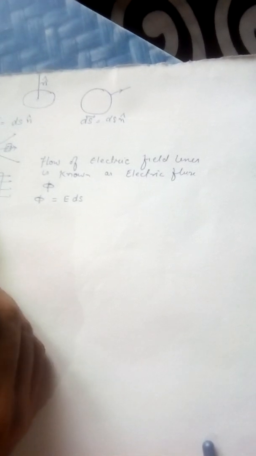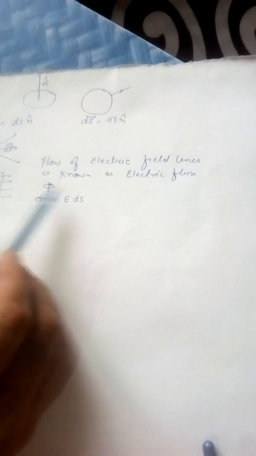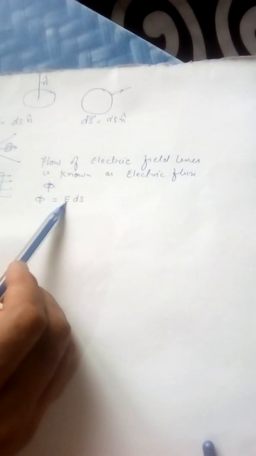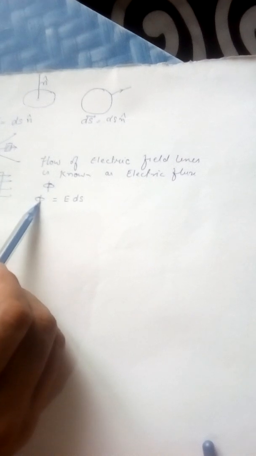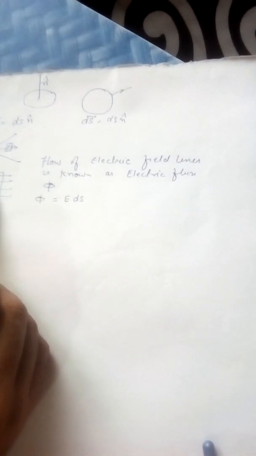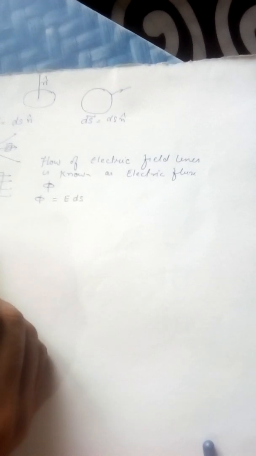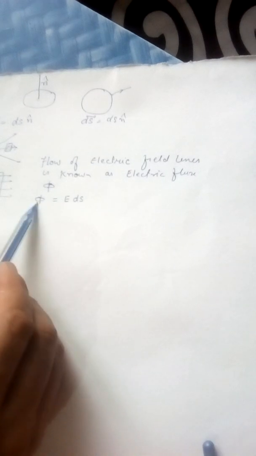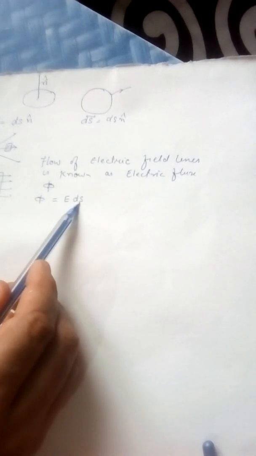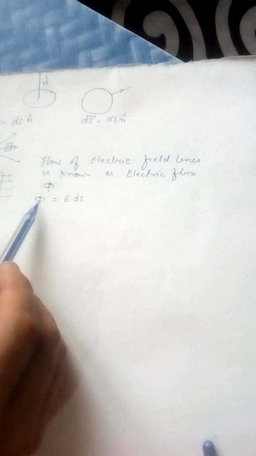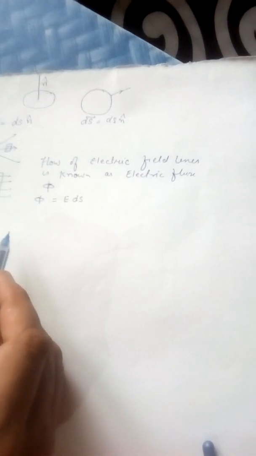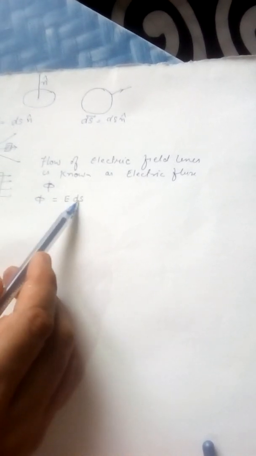Suppose here two field lines are there, so electric field is less, so flux will be also less. So electric field lines decide the electric field, and that decides the flux. Second, the area element which you are choosing to find the field lines crossing the surface also decides the flux. Area is more which you are choosing, flux will be more. One more quantity is needed, the angle between E and ds.